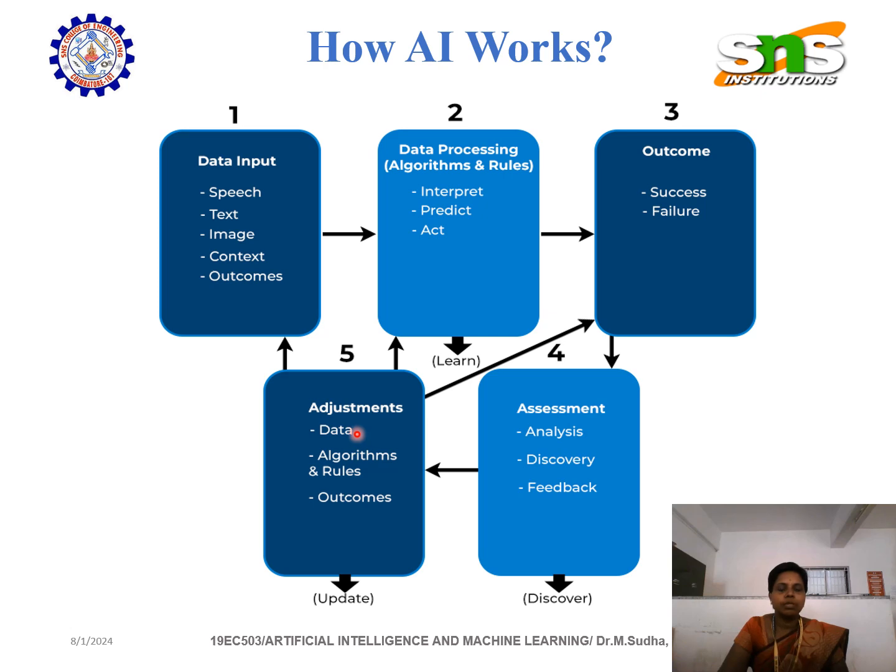This adjustment will be made in the stage 1 process, or it will be added directly in stage 2, or directly in stage 3, so that we get the outcome. After the adjustment, the data output, that is the outcome of the system, will be very good, more efficient compared to the previous one. This is how AI works, carried out in a total systematic plan.